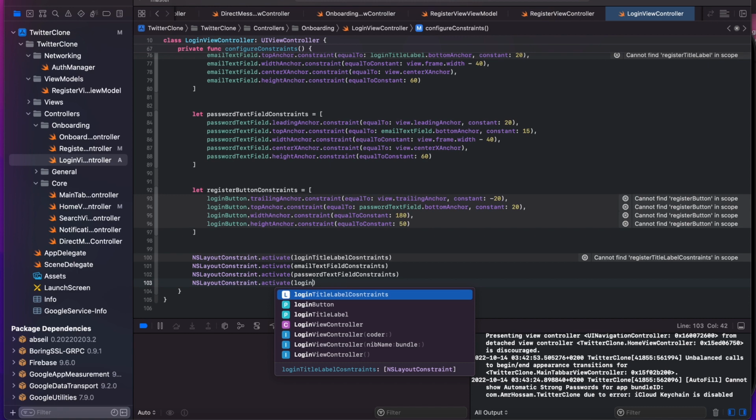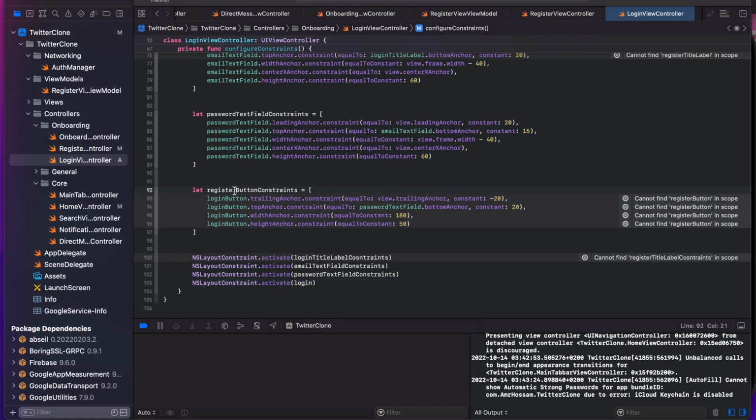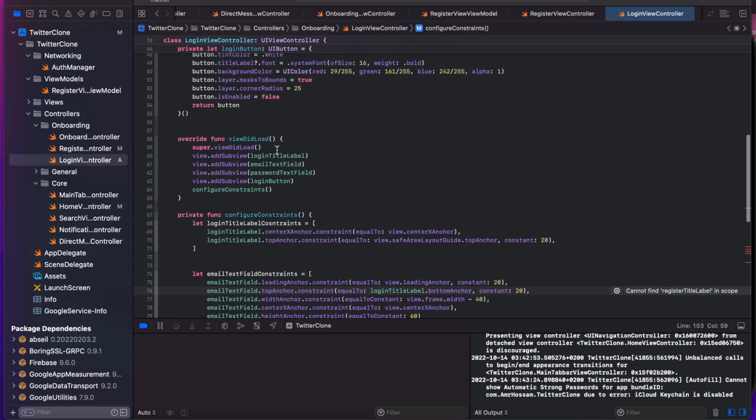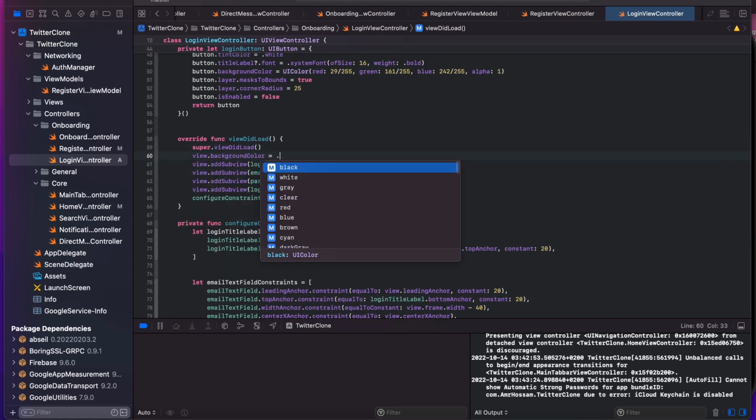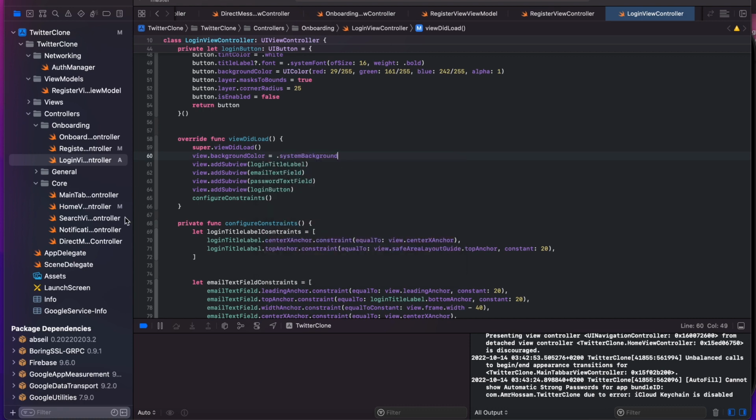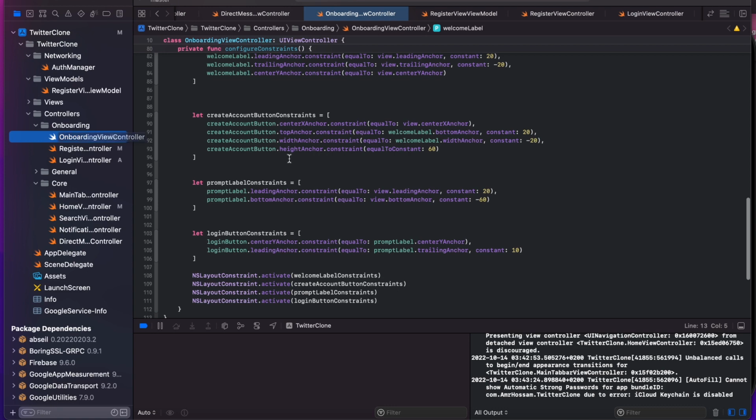I believe I'm going to find it. So yeah, it's still not changed. So login, copy that name of the function, paste it over here, and boom. We just need to add one small thing, which is the background of this view, which is going to be a system background color. And here, I'm just going to go to the onboarding view controller, and we are going